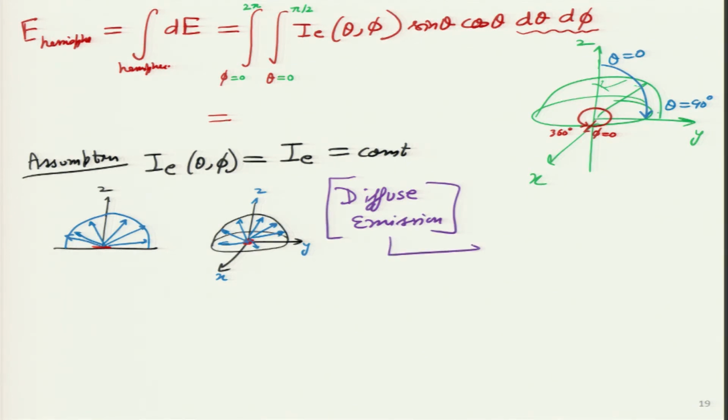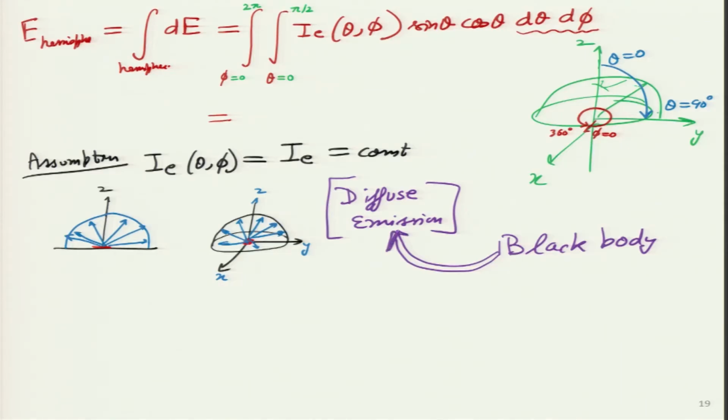And by definition we have the black body. So, I will put the arrow the other way around, because all black bodies are diffuse emitters. By definition, a black body is something which is emitting uniformly in all the directions. Reverse may or may not be true. Any body which is emitting diffusely in all the directions may or may not be a black body, but the forward direction is correct. That is why I have changed the direction of this particular arrow over here. So, if it is a black body, then it is a diffuse emitter. That is just an example.